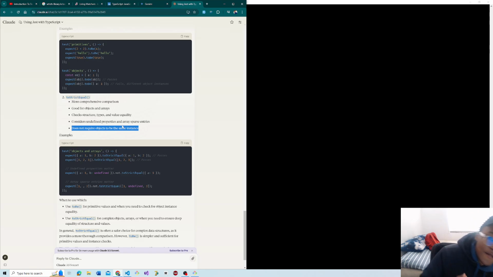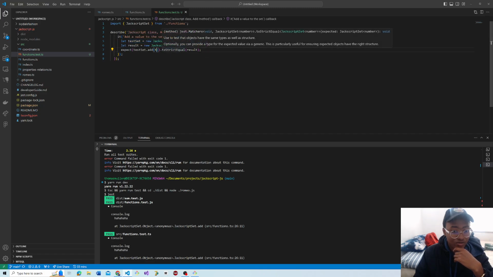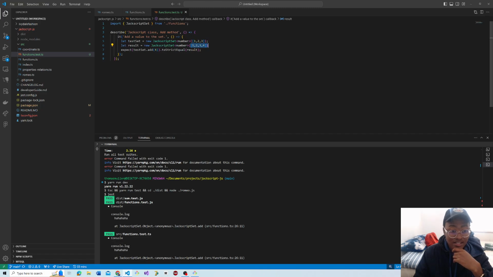Alright, so I realized why that didn't work, and by that I mean at first I was using toBe here. What I'm doing is I create a set here, right? I instantiate a set, and then I instantiate a different set that just has the value 4 included, in comparison to this one. Then when I run the test, set.add, which is this first set add this value, obviously it should equate to this set, right? So now if I use toBe,